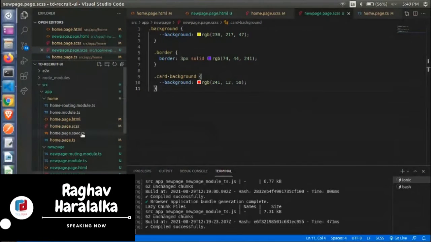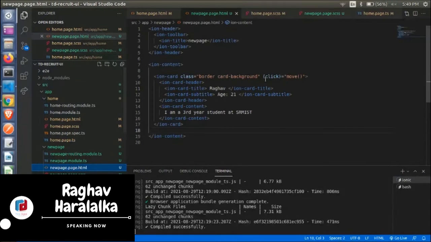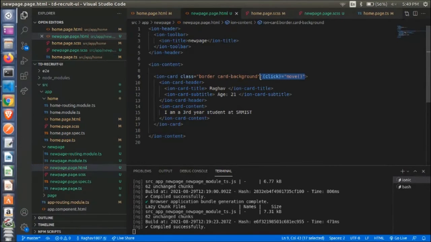Once you have done this, please, in the new page.html, we remove this click command. We will be implementing the move function in another click command in the home.page.html. So remove the click command for now.